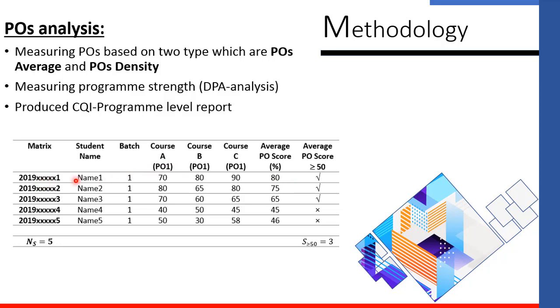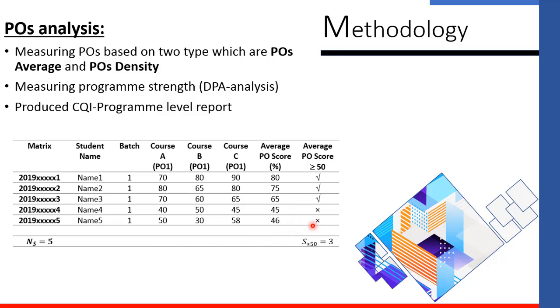so that the student obtains the PO marks here. For example, the first student has three courses, A, B, C, which are mapped to PO1, and the marks obtained here are 70 for the first course, 80 for the second course, and 90 for the third course, and the average mark for these courses is 80. This is the average mark obtained by the first student, and so on for the second student,